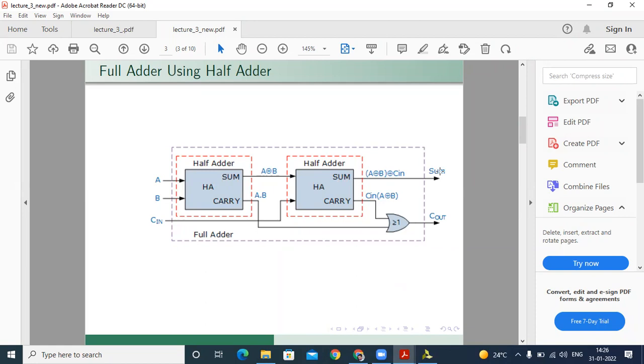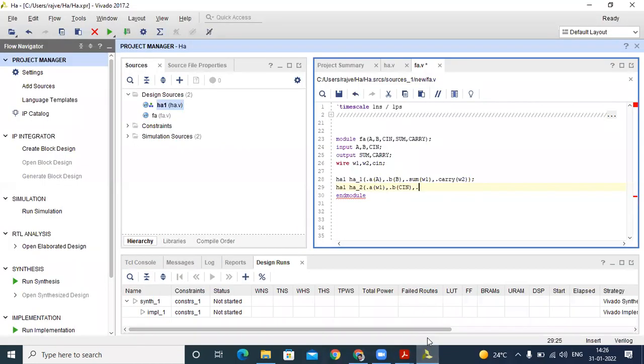In the top module we know this sum in capital letters, so we write sum in capital letters. This is our top module sum, and this is our half adder sum. Both are the same because we are calling the same function two times.